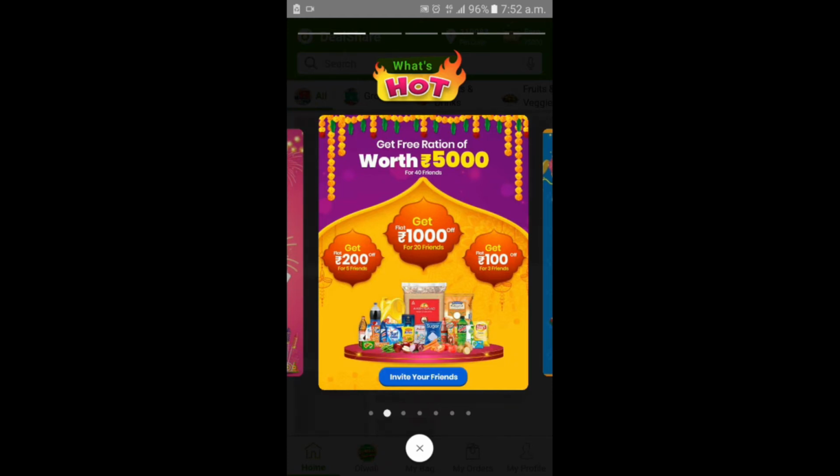If you complete these three options, like get 100 rupees free for 3 friends, if you connect 3 friends by your referral, you get 100 rupees free, and get 200 for 5 friends and 1000 for 20 friends. So these are the hot deals.